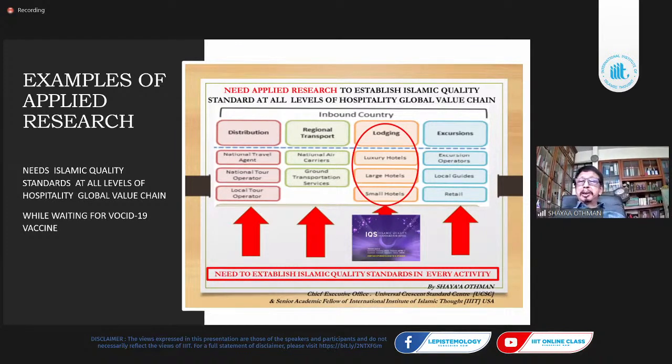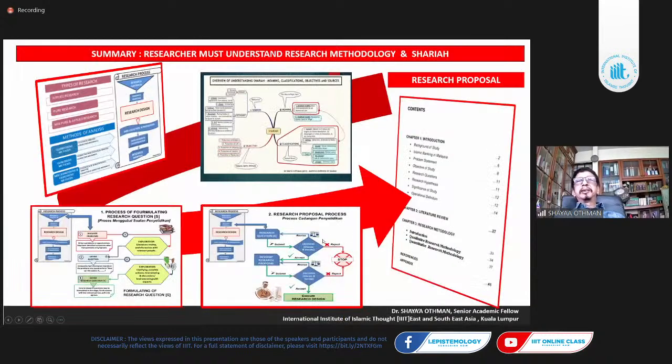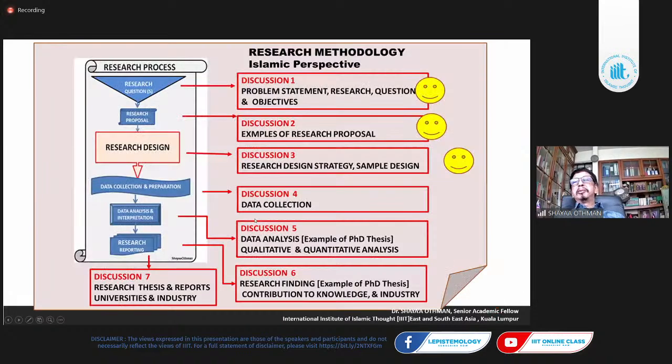Other forms, Islamic cosmetic products and so on. Okay, these are the areas. Now we have covered this area, we have covered this, this, this, this. Okay, now we're going into